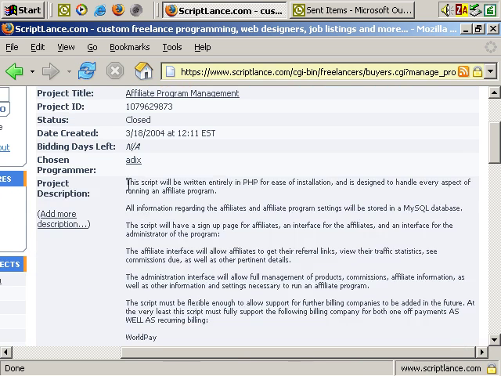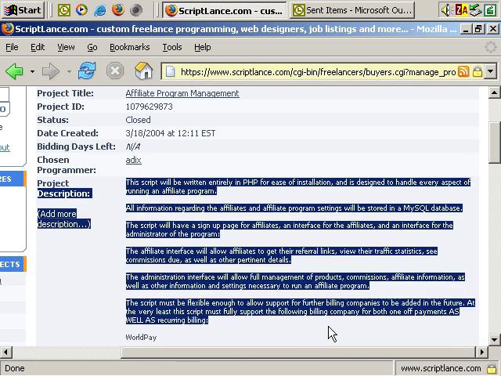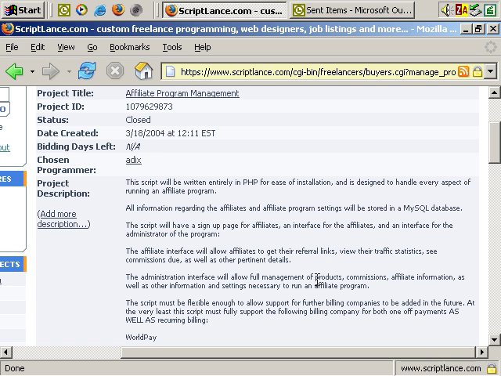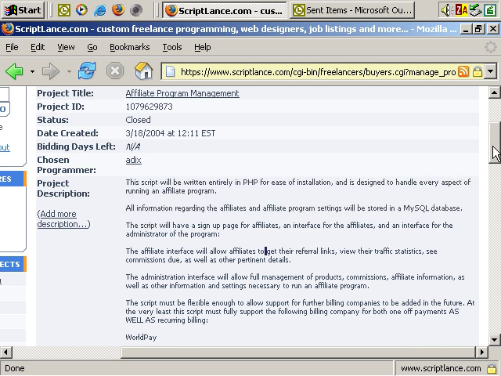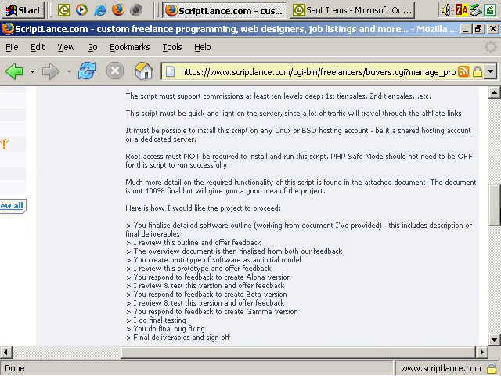I have some details there, including a detailed description. And when you have these descriptions, you have to be very detailed, because you want to make sure it's difficult for programmers, software developers, to misunderstand exactly what you're looking for. So I put a detailed description,